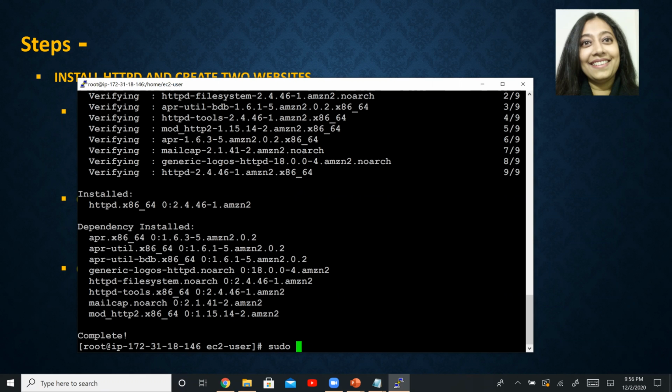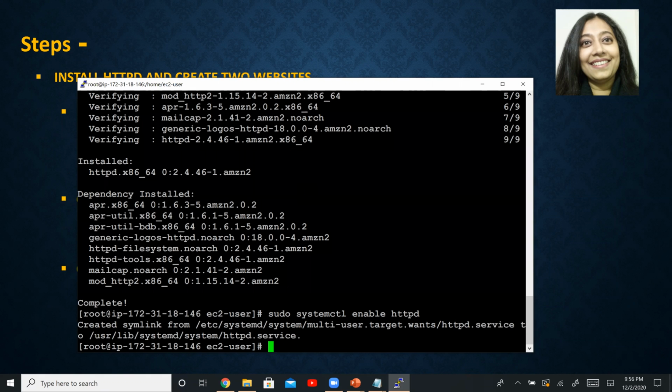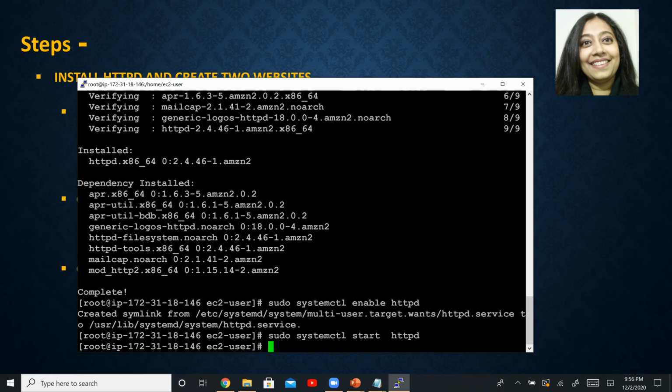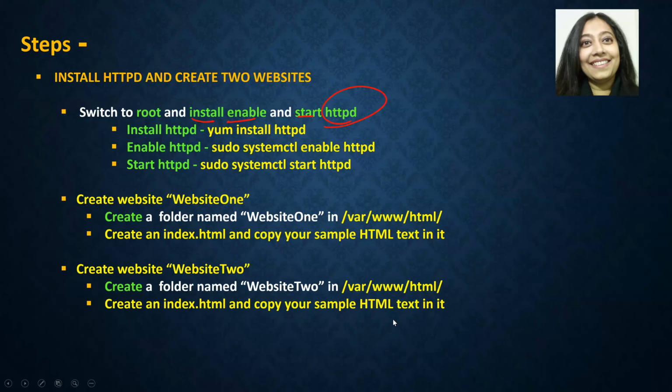The next thing is to enable it. The command for that is sudo systemctl enable httpd. And then you need to start it. To start it, just replace enable with start. And our HTTPD service has started successfully.